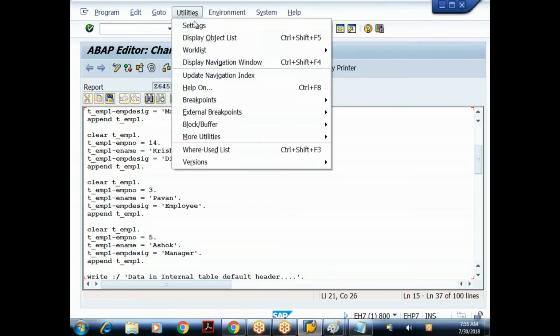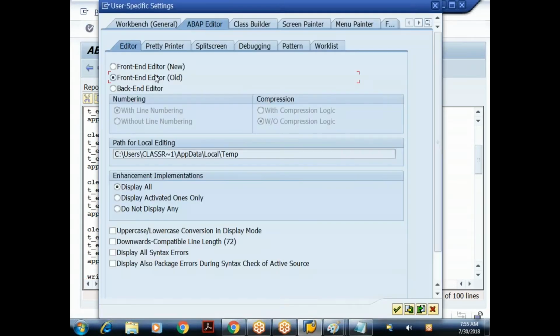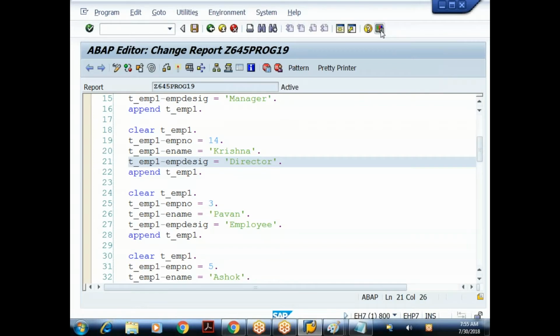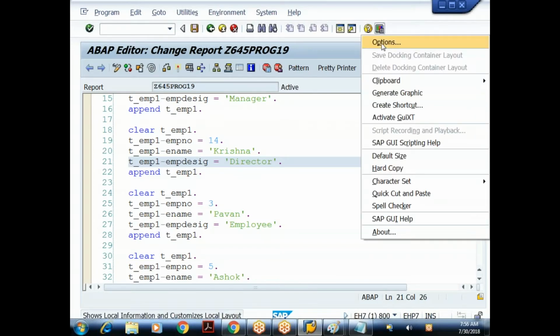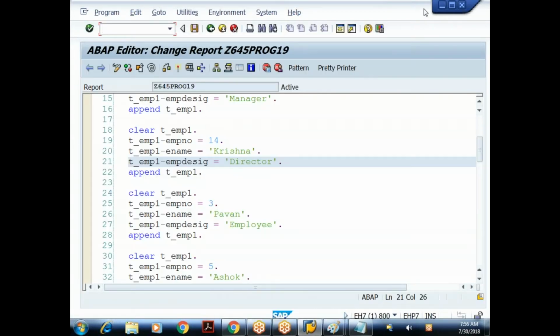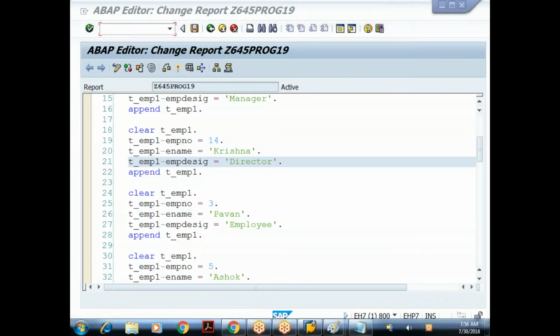So choose the menu Utilities, Settings, and Front End Editor new. And for increasing the font, go for this. Syed, you're asking this only, right? Syed, are you there? Right.